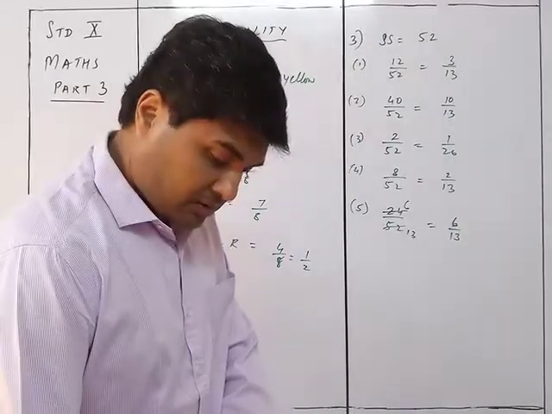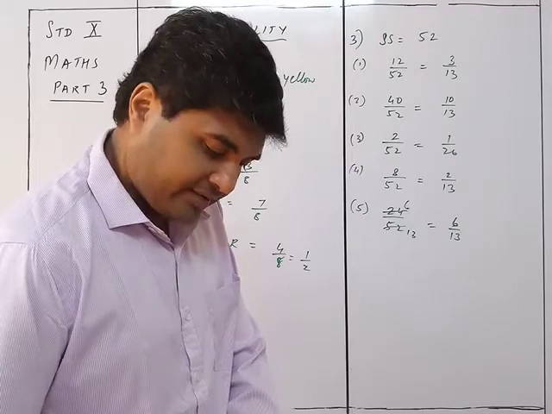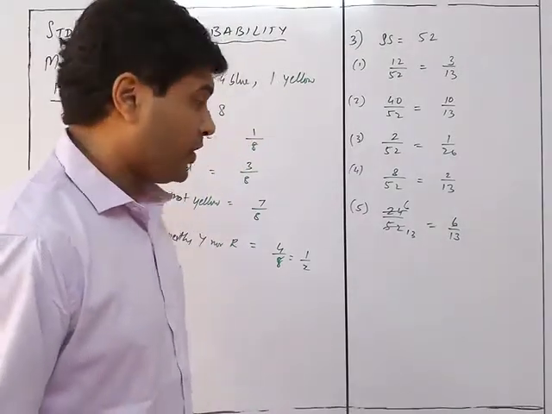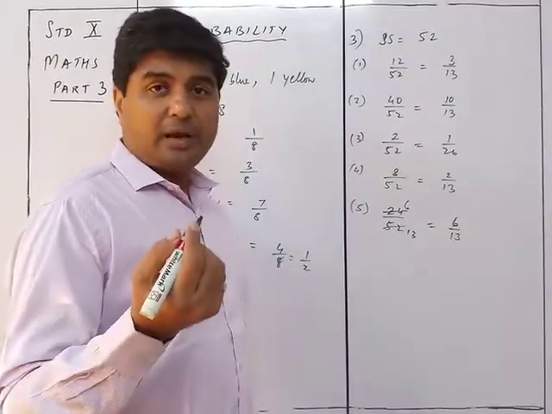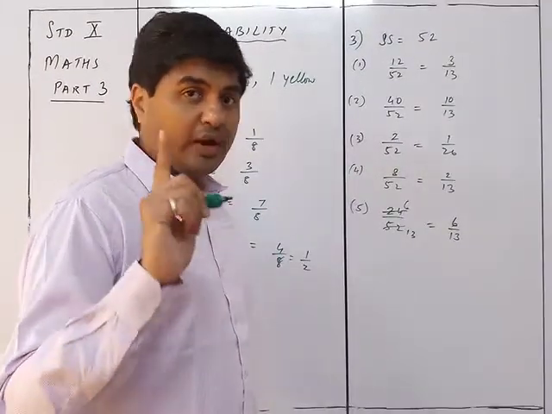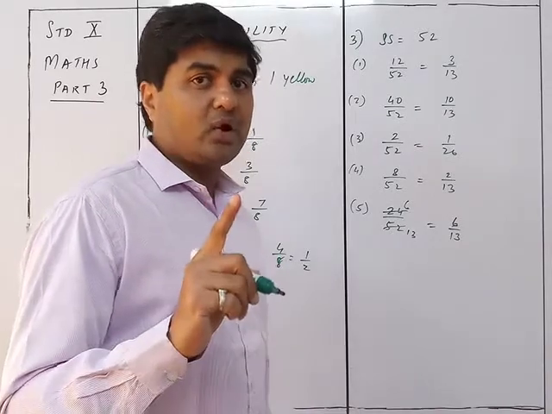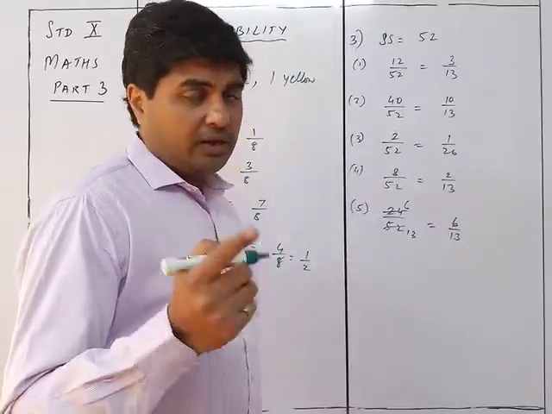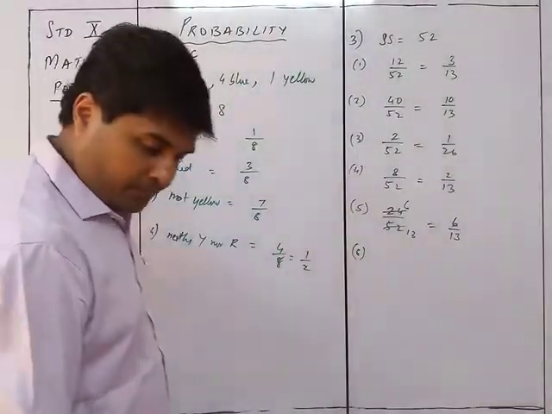This was question number 3 and I'm on the 5th sum. So yeah, it is 6 upon 13, so not a problem. Ace they are not taken. But some of the books take ace as a numbered card, so that will be a problem. So you cannot take ace as a numbered card. When you are talking about numbered cards, you cannot take ace as a numbered card. Of course, face cards are not numbered cards. So answer is 6 upon 13.